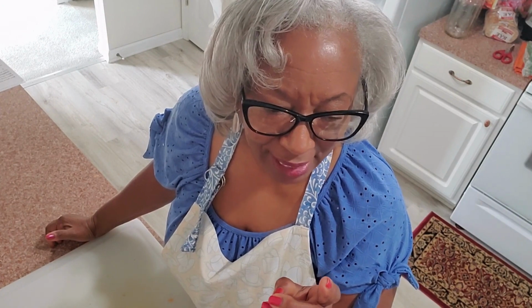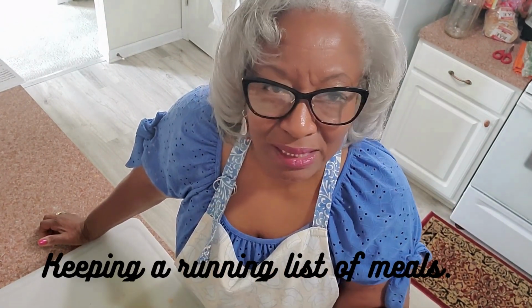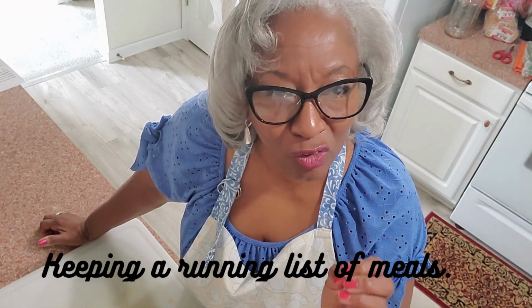How many of you shop with a grocery plan and you know exactly what you're going to prepare for that week, and then you actually work your grocery list from those meals that you've selected that you have intention of preparing? And if you do that, well, you are so clever, because that's exactly where we're going to start. That's our number one. So we're going to start by keeping a running list of meals and the ingredients that